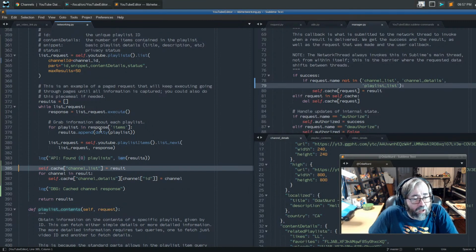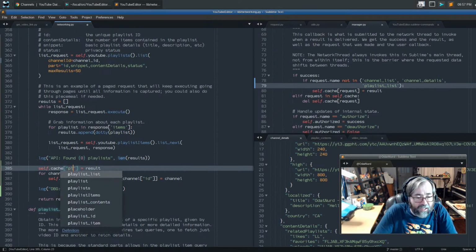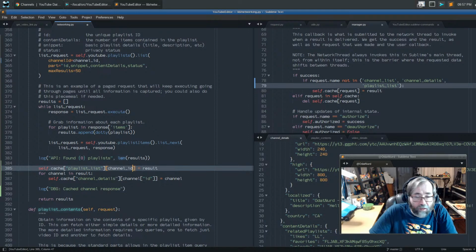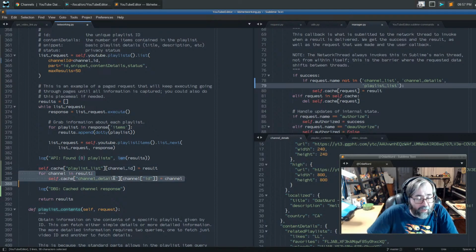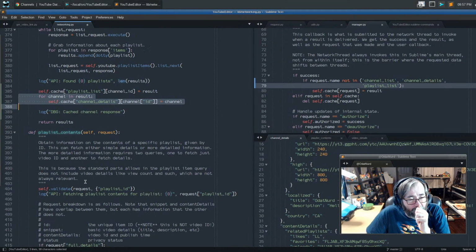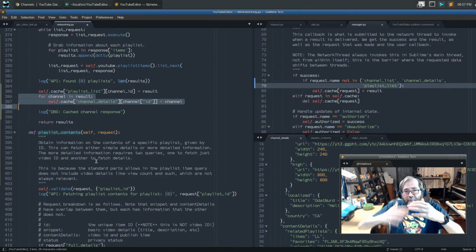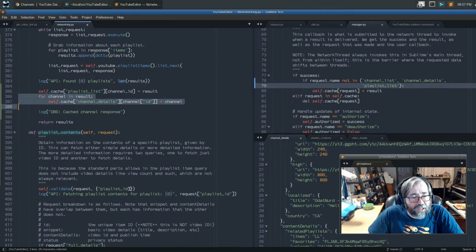So the cache for the playlist list of channel ID is equal to the results, and then we don't need to do that part. That part's automatically done, unless we want to actually cache playlist contents to this one here. But I think we want to maybe do that. Do you want to do that in 2 steps? It's normally how I would do that. I like to work in a very piecemeal, first this, then this, then this kind of manner without mixing too many things all at once. And we can always come back and throw this part in,